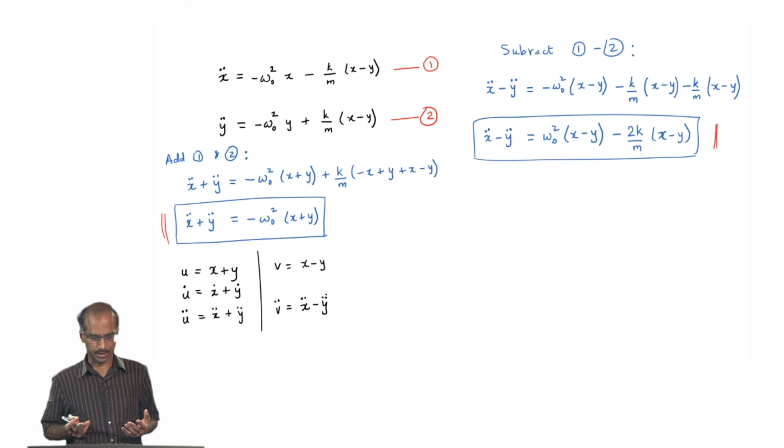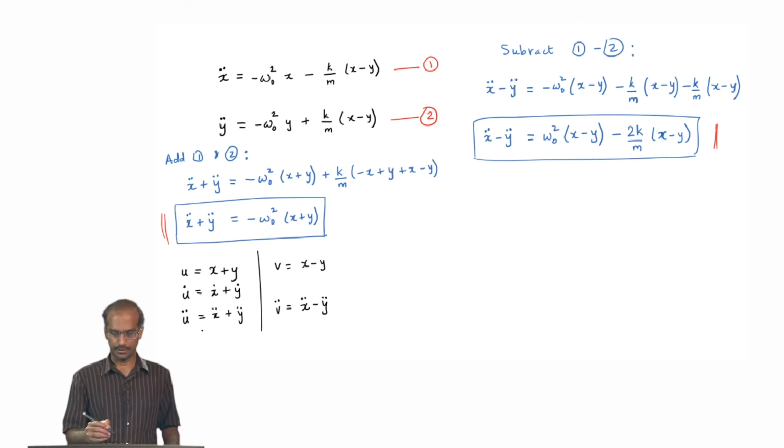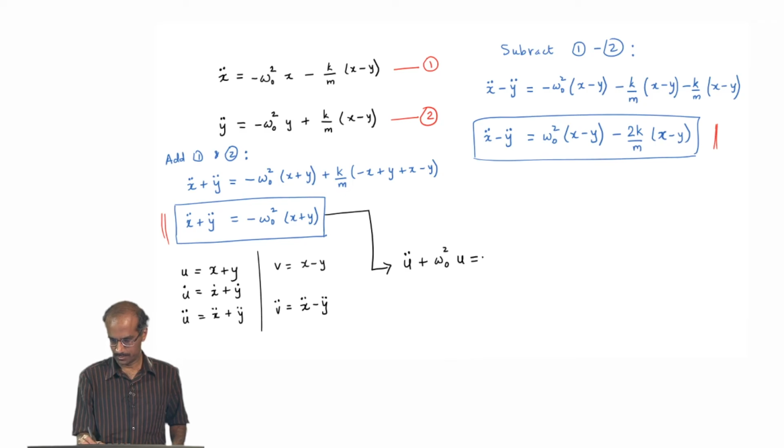Now it is clear what I need to do: simply substitute these into the equations. Let me write that. The first equation now becomes u double dot plus omega 0 square u equal to 0,